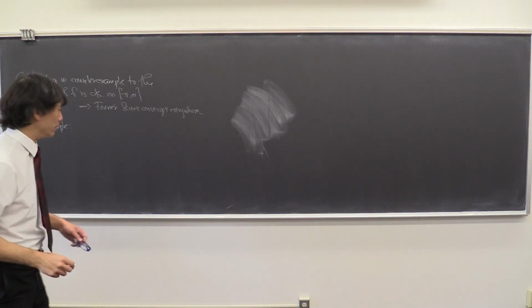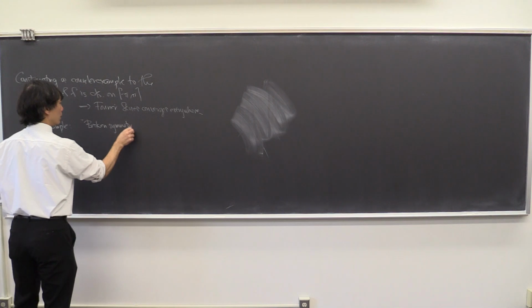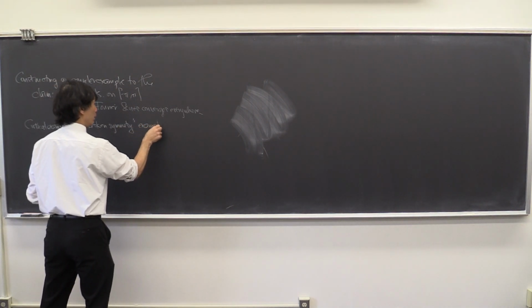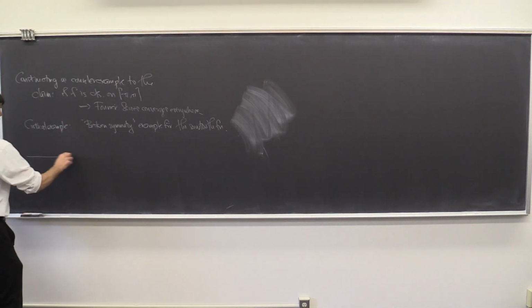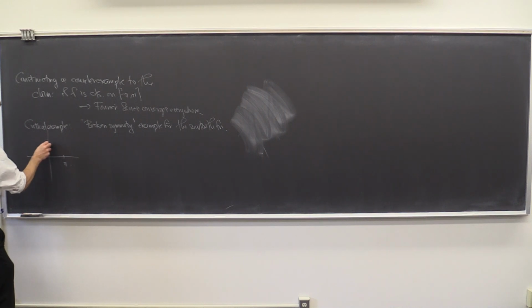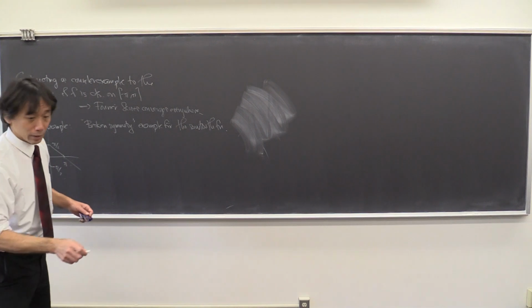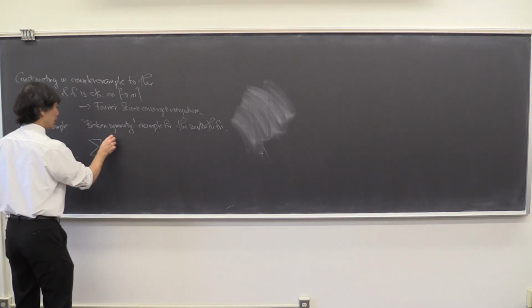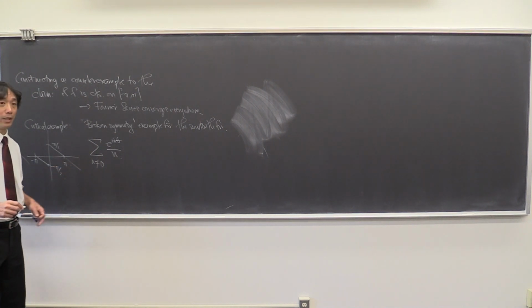And so the critical example is to use the Fourier series of the sawtooth function. So use what they're calling the broken symmetry example for the sawtooth function. I don't remember if I assigned it or not, but there's a function that looks like this on the circle, and then you extend it periodically. And it has as its Fourier series the summation of e to the in theta over n, from negative infinity to positive infinity, but nothing at zero,